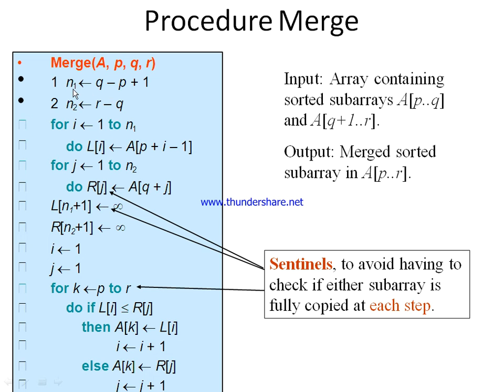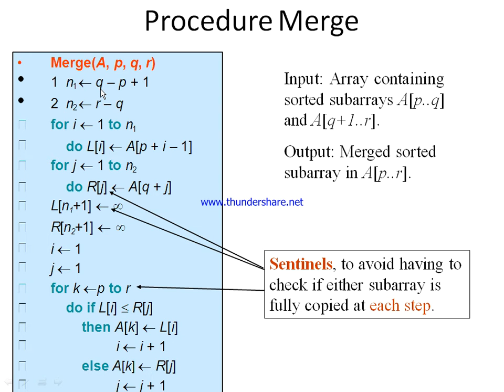So for the first half, n1, that is the first partition, ending index n1, is q minus p plus 1, that is, starting index is p plus 1, and this is the number of elements. N1 is the last index; first we have to calculate that. That is, we are starting from P and ending at Q. So the last index value is Q minus P plus 1. For example, if I am considering P is 0, P plus 1, that is P is 1. For example, P plus 1 is 2.